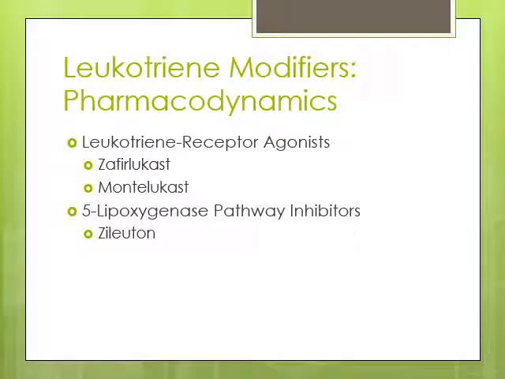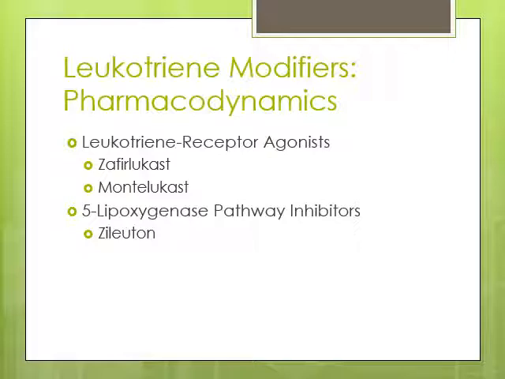Now with the leukotriene modifier pharmacodynamics, what you can see with this is zafirlukast is a synthetic selective and competitive LTRA of leukotriene D4 and E4, and these leukotrienes have been identified as components of slow-reacting substance of anaphylaxis, and montelukast is a selective LTRA that inhibits the cysteinyl leukotriene receptor. It binds with high affinity and selectivity to the CysLT1 receptor. Also, montelukast inhibits the actions of LTD4 at